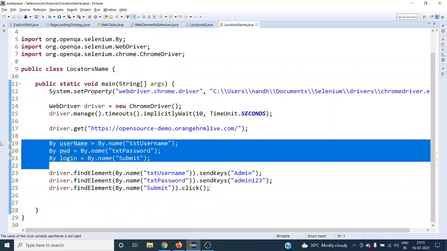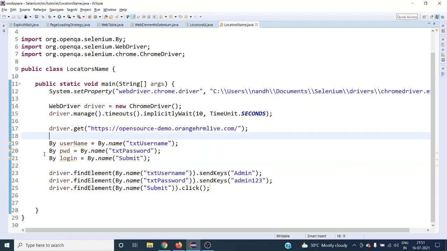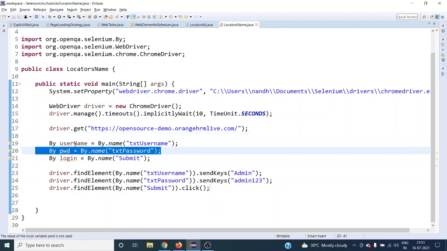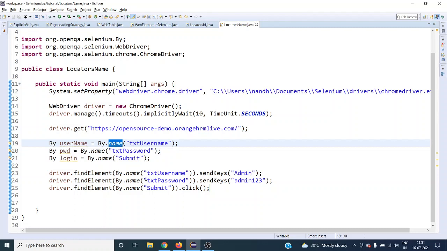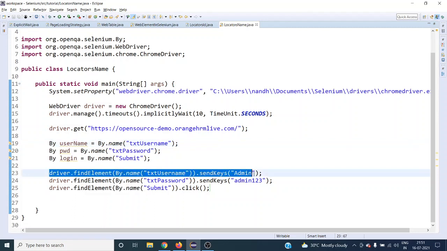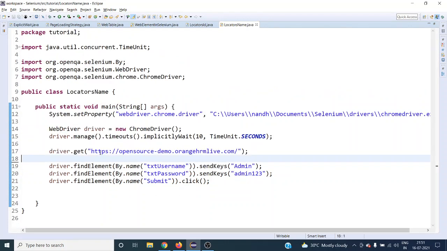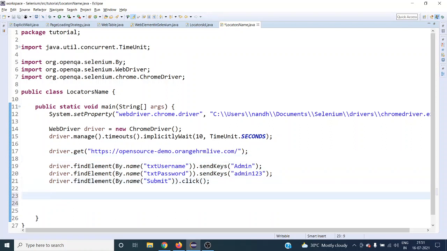Let's remove this. If you want to practice, initially you can do it like this, one by one, using By class. Once you get used to your WebDriver, right, you can directly give it like this. So let's remove now, and then I want to close the browser.